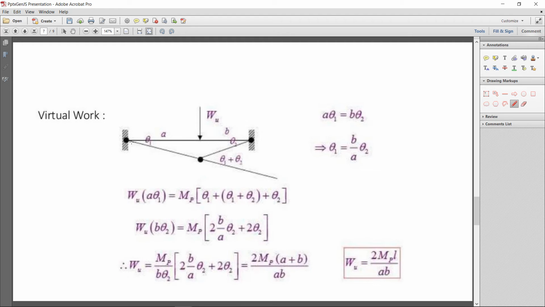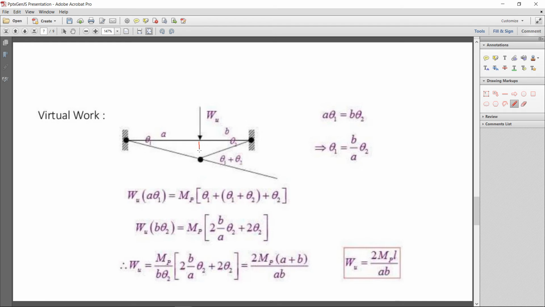Theta 1 is the internal deformation at this spot, and the total deformation at this center is theta 1 plus theta 2. Now the internal work done is Mp into theta 1 plus theta 2, and at the center theta 1 plus theta 2. Now for the external work done, here is theta 1 and this length is a,